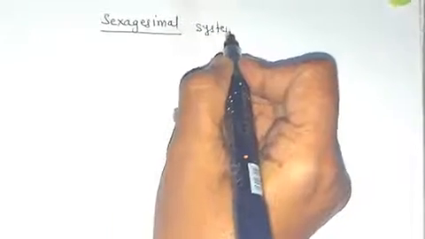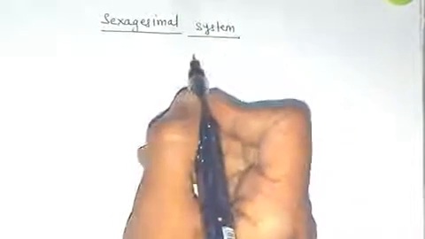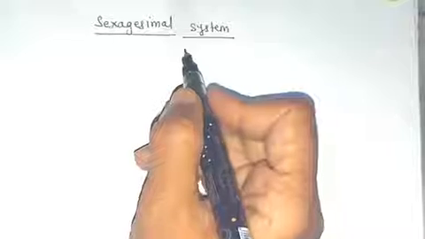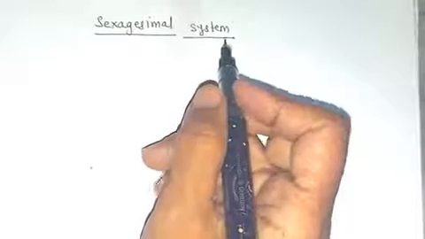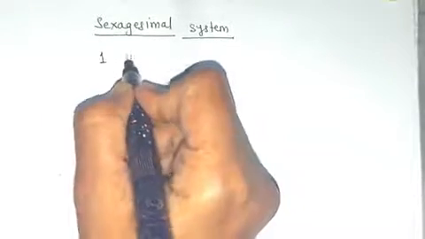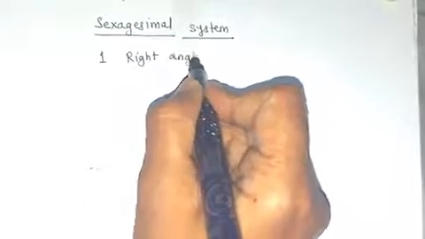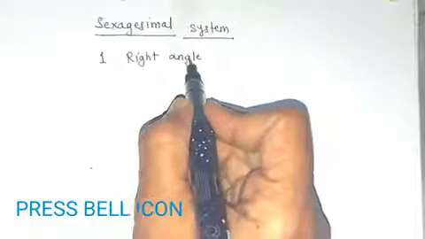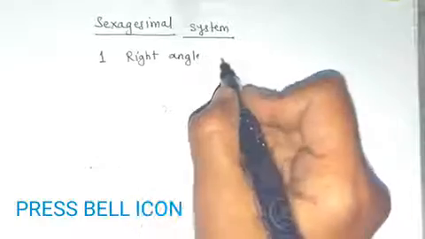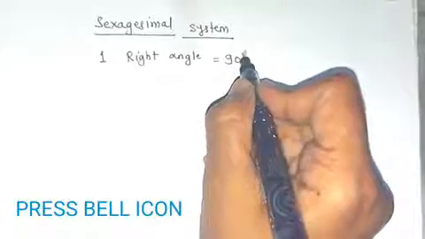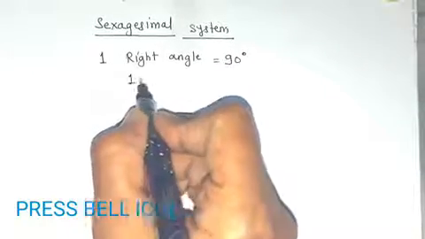So revising the sexagesimal system of measurement of angles, the angle between horizontal line and vertical line is 90 degree, which is called one right angle. So a right angle is the one that is formed by 90 degree. So this is 90 degree. Now 1 degree